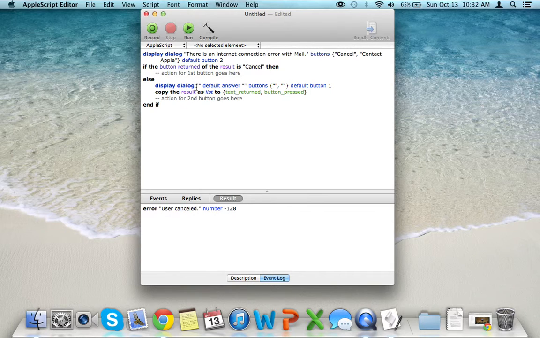And then you're going to fill out this one, and for this one what we'll say is please enter your email address to send Apple a repair request. And then for the default answer, that's what's going to be in the text box that they're going to have to enter. So let's say email address at